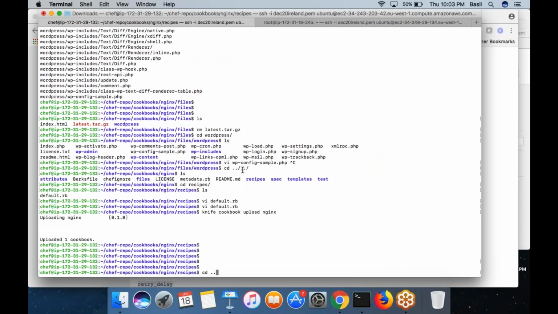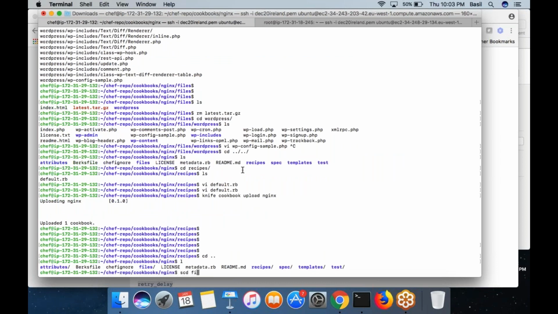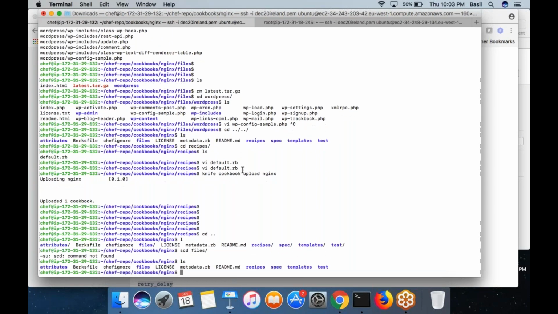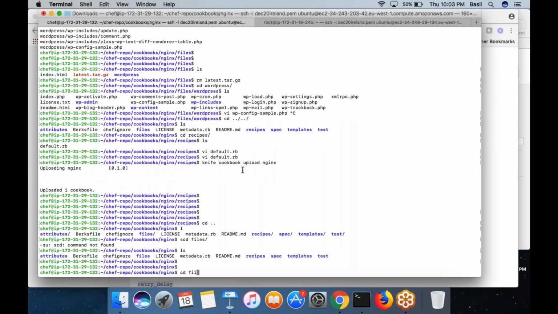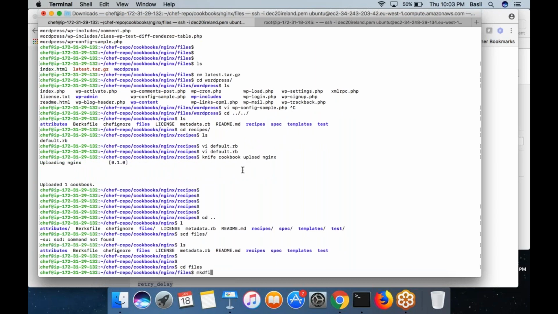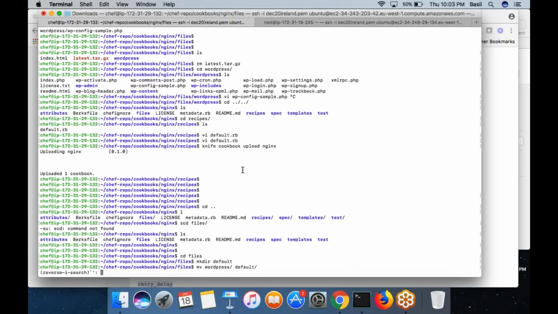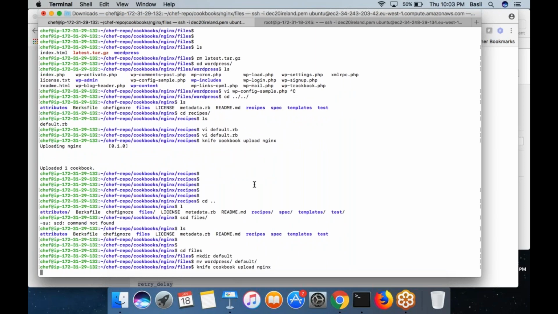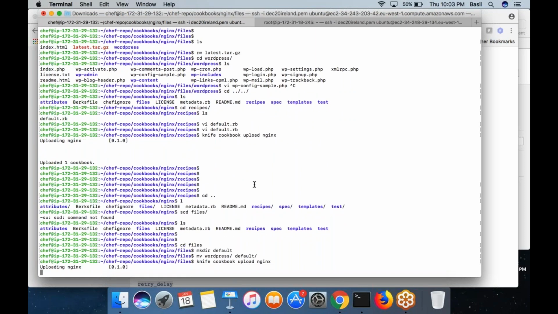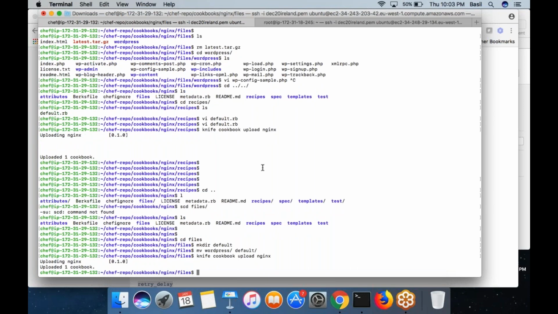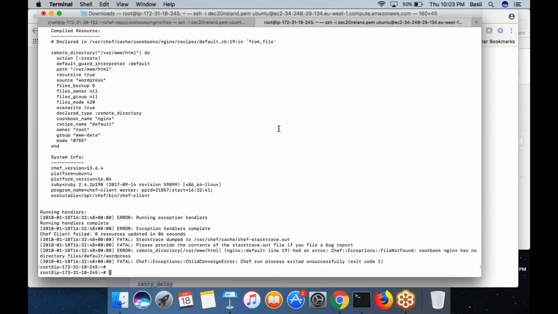So inside Nginx, inside the files folder, I'm going to create a new folder called default, and I am moving the WordPress folder into the default folder, uploading it again. Okay, now run the chef client command.